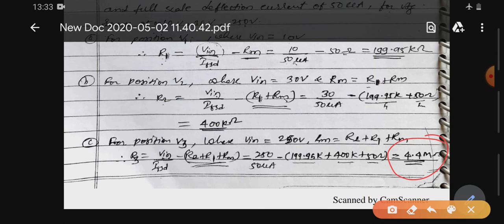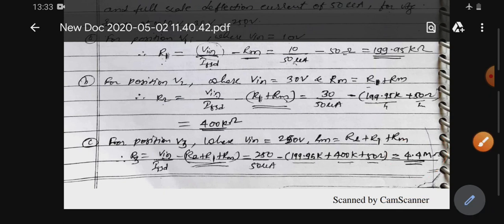Okay, so this is just a basic circuit of a DC voltmeter. In the exam, circuits based on other ICs, 7106 and 7107, can also be asked. For that you can refer to the book Electronic Circuit Design by Mantri and Jain, in which the problem with solution is given.